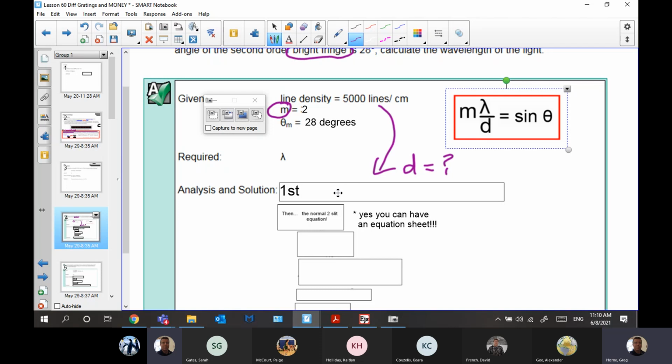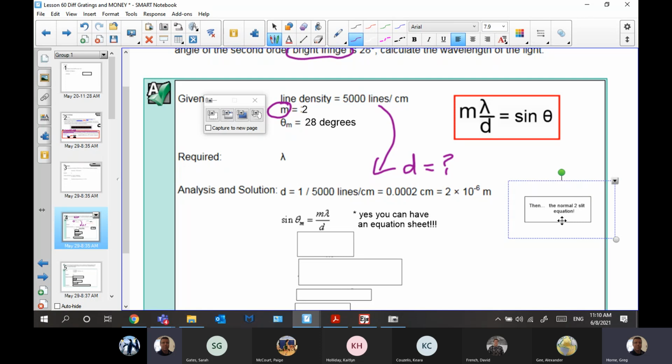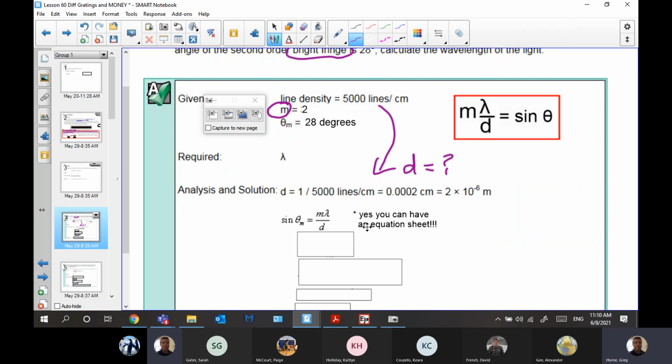So first you do that. It's 5,000 lines per centimeter. So 1 centimeter divided by 5,000 lines gives you the spacing. And the equation that you use is that. So I have there, obviously I've been doing this anyways, but yes, of course, just pick that from your equation